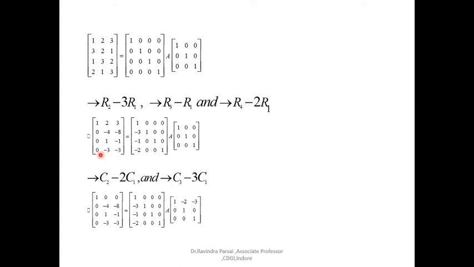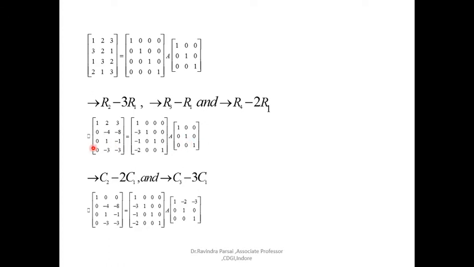Then the third elementary row operation on the fourth row: 2 minus 2 is 0, 1 minus 4 is minus 3, 3 minus 2 is 1, and this is applied on the prefactor as well. You get the matrix 1 0 0 0, minus 3 1 0 0, minus 1 0 1 0, minus 2 0 0 1, while keeping the postfactor unit matrix as it is.